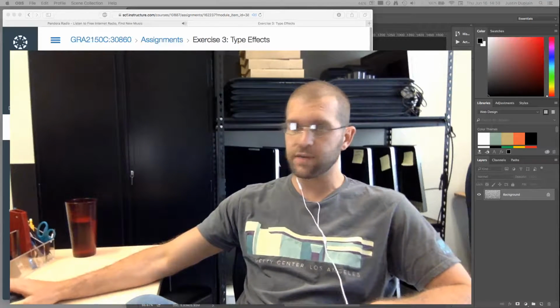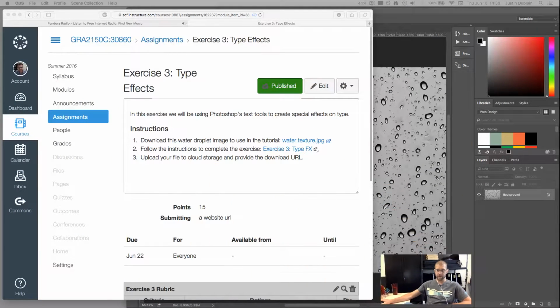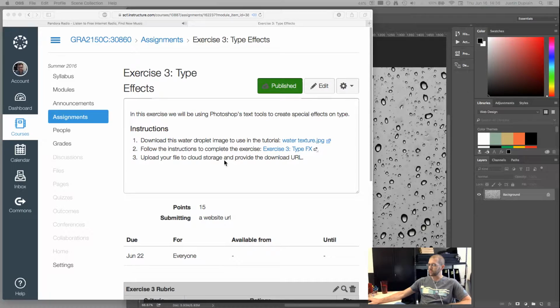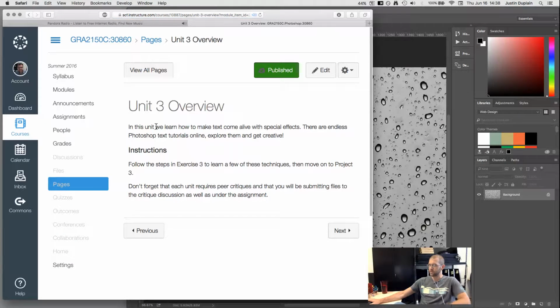So real quick, let's cover what this unit is about. We are working with type effects. Let's just go back to the previous screen here. So the Unit 3 overview. In this unit, we learn how to make text come alive with special effects. There are endless Photoshop text tutorials online. Explore them and get creative. So our first exercise is just a very easy, simple to follow directions exercise on turning type into a special